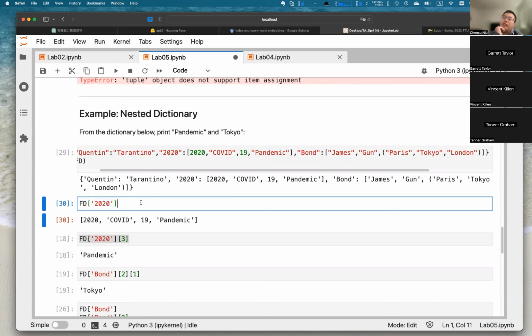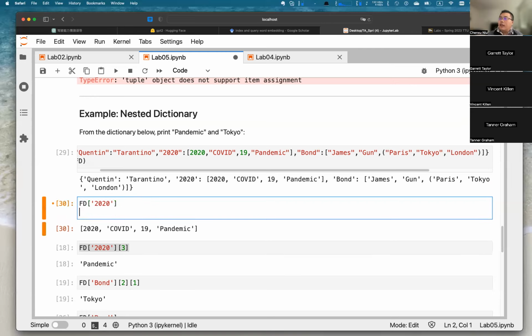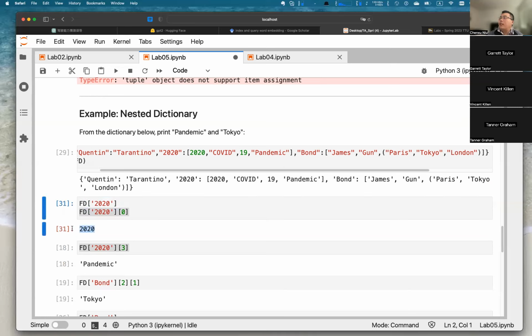So here is a small technique. If you only have one variable in a cell, it will print out. You don't need to write the print function. But if there are several variables, it will print out the last variable, okay? So for instance, here, if you use it again, so 0. If you use two variables inside a cell, it will print out the last one. If you write, you see it will print the last one. All right, so let's